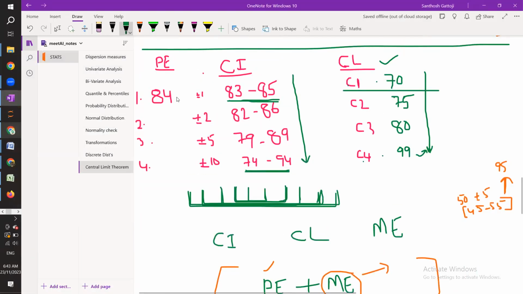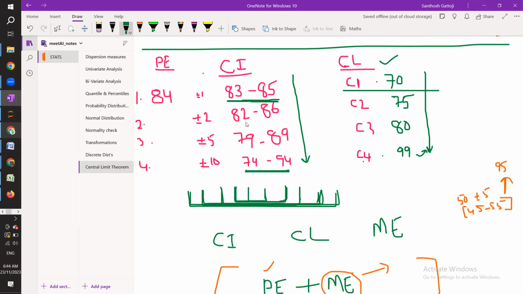As I said the other day, the example is if the point estimate is 84, that means marks, you are just guessing how many marks you will be getting in an exam for a total score of 100. So if I ask you, hey, are you going to get exactly 84, you will not be sure, but if I give you a range 83 to 85, you are